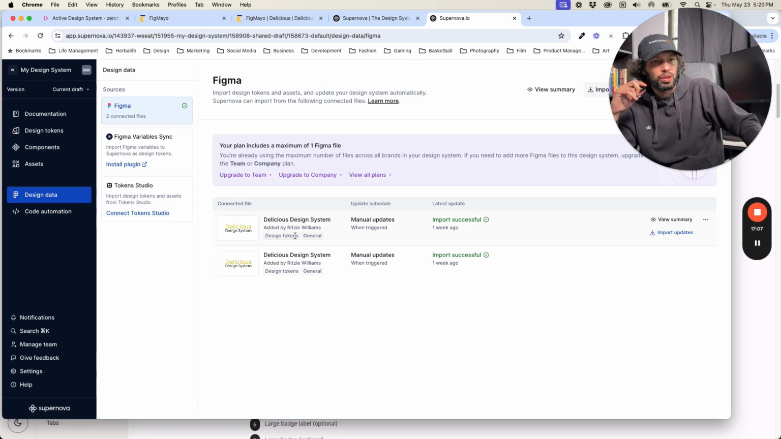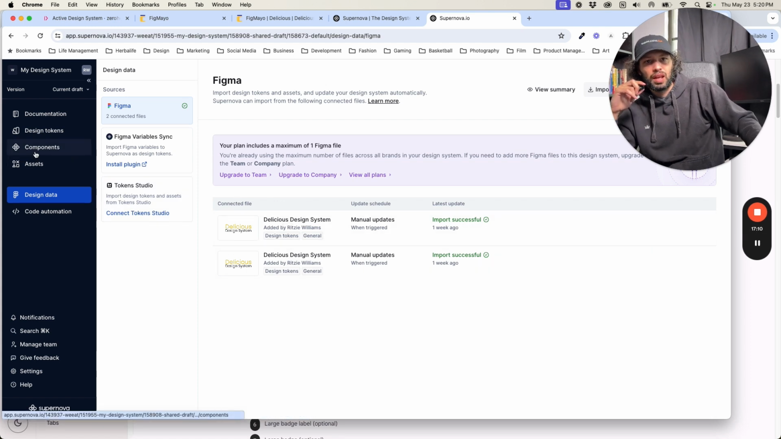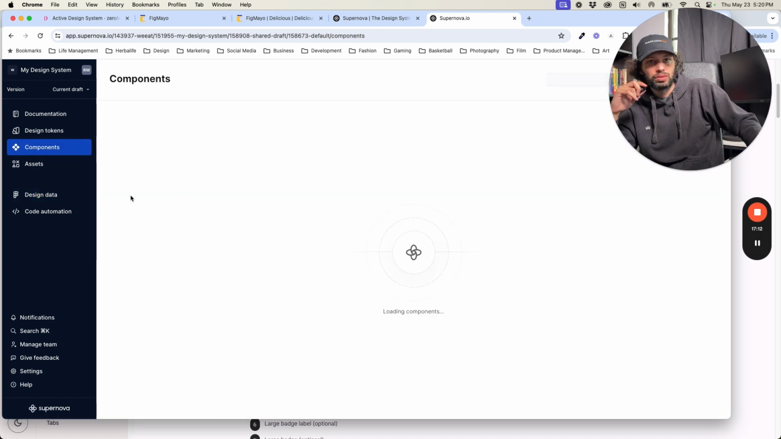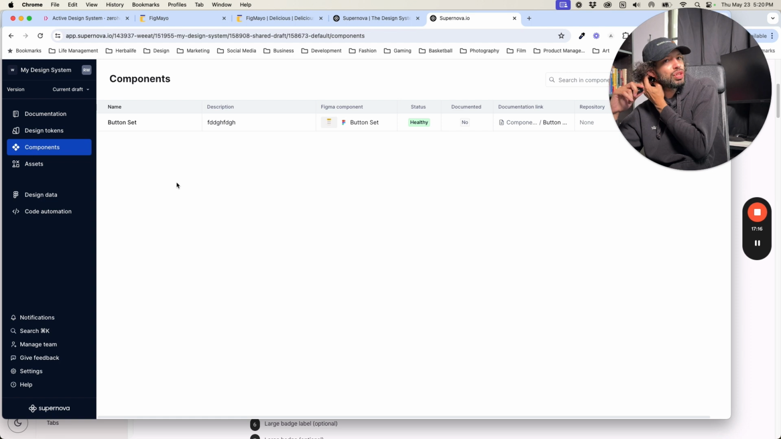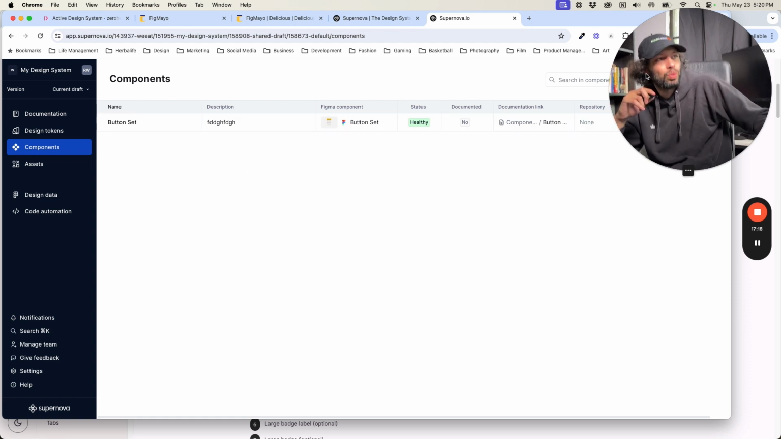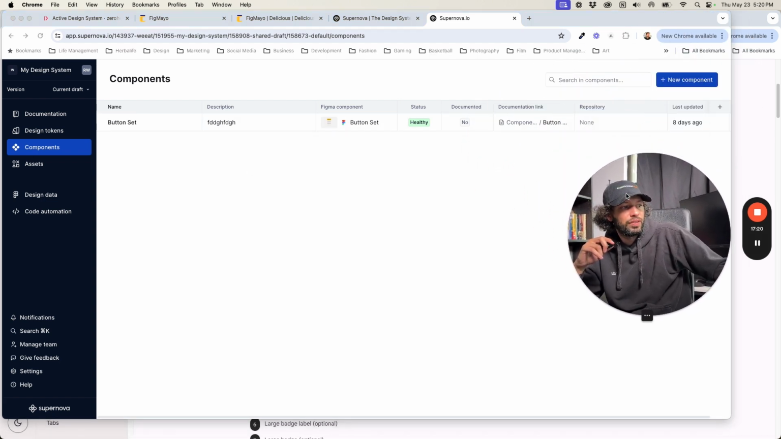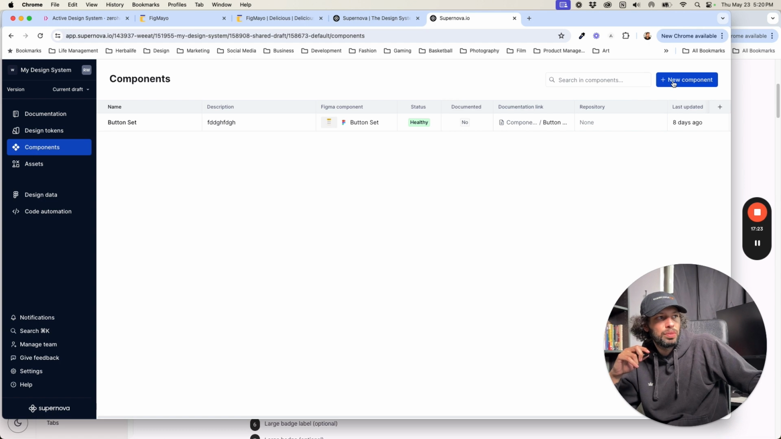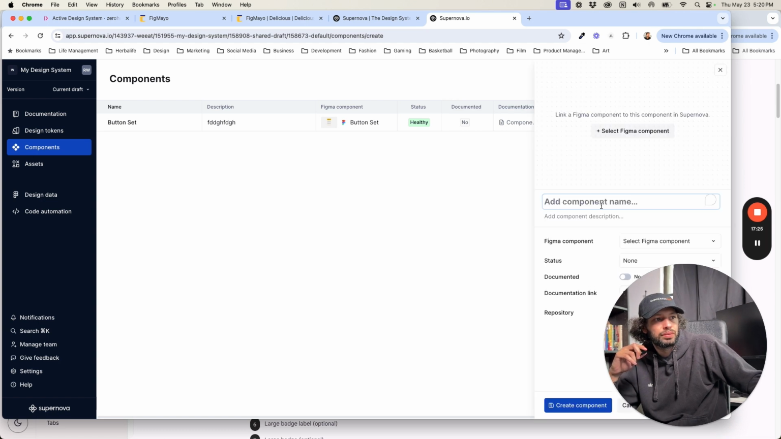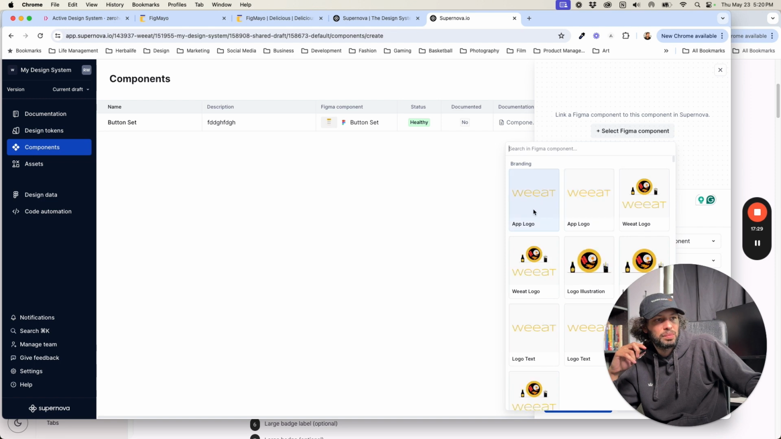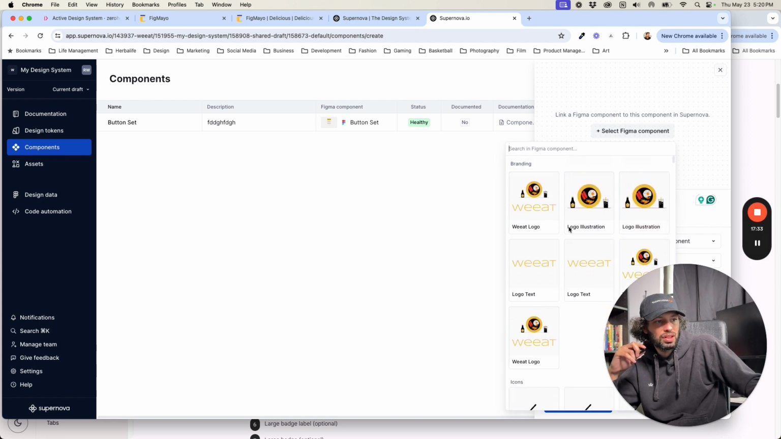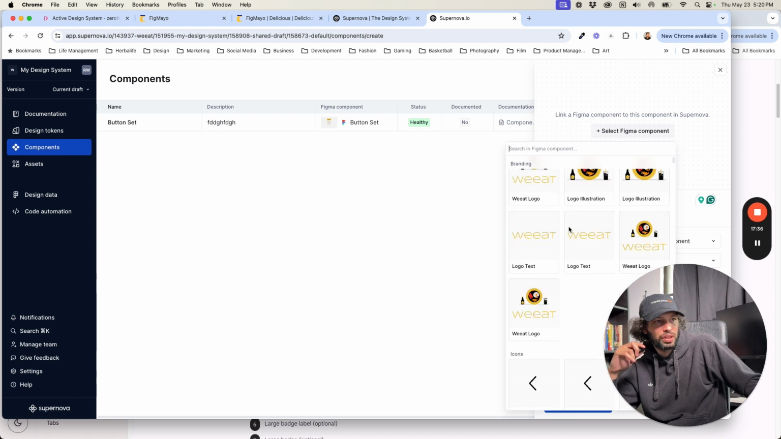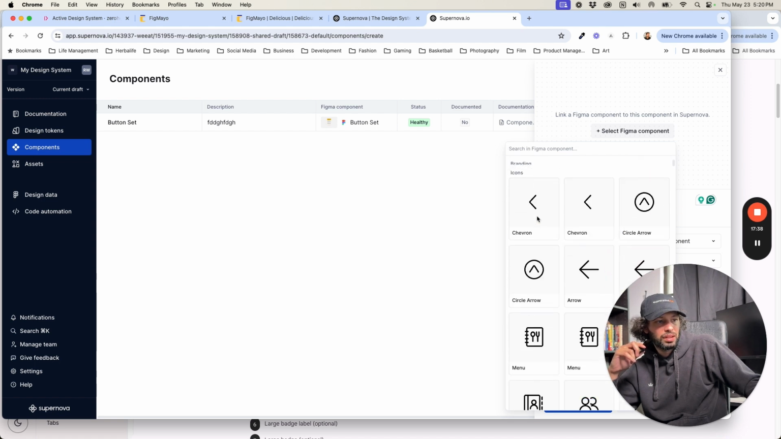But I imported my design system here, and the first thing you have to do in order to create some of the documentation stuff is select which components you actually want to import here. So if you notice, I have to go to new component. I need to create all this information. I need to select the Figma component. You can see some of these are on the same page, and the organization is a little, okay, see it's under branding, logo,